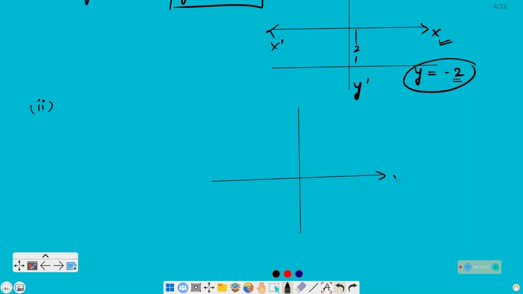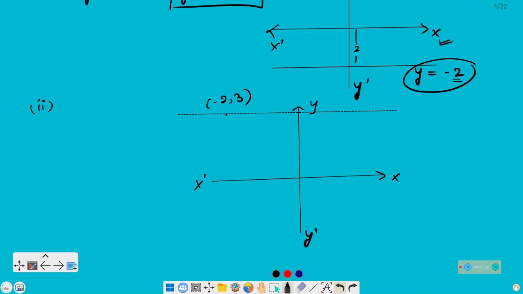सबसे पहले पॉइंट को ड्रॉ कर लीजिए, -2, 3. x कोऑर्डिनेट नेगेटिव है और y कोऑर्डिनेट पॉजिटिव है. Suppose this is the point -2, 3. We have to find parallel lines parallel to the axis, both the axes. So first of all, we are drawing the line parallel to x-axis.